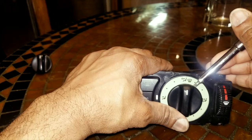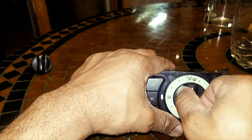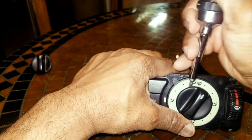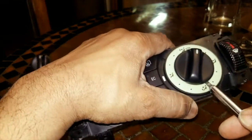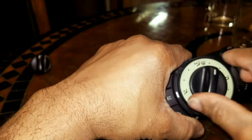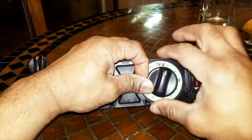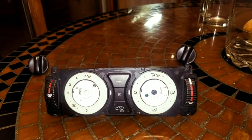Let's do the other side now. Let's pop it up a little bit. Pop it up, pop it off. Don't have enough room to get your fingers in there. Pull that second one off, put it over to the right. Now